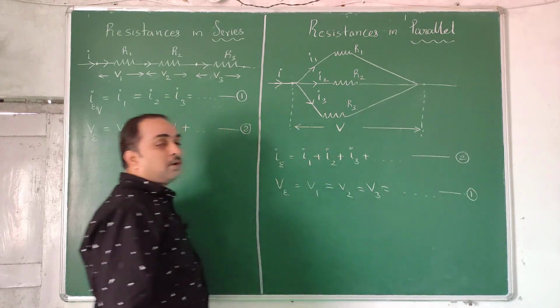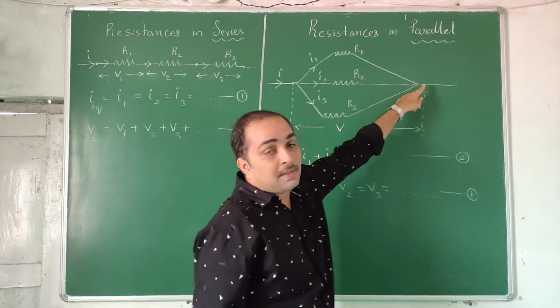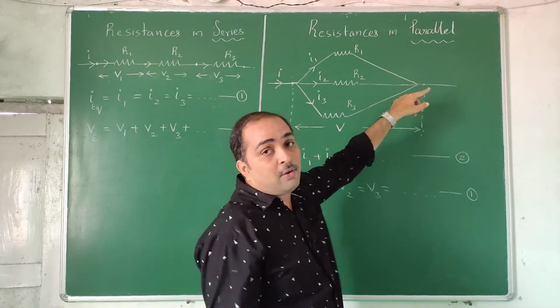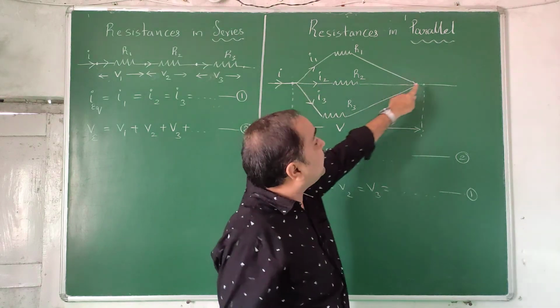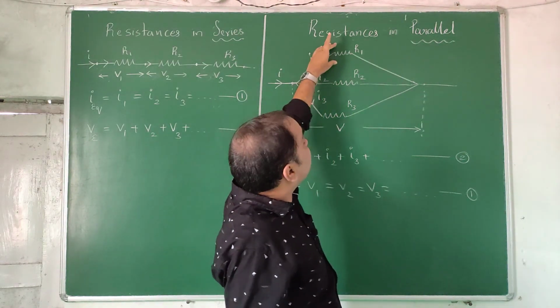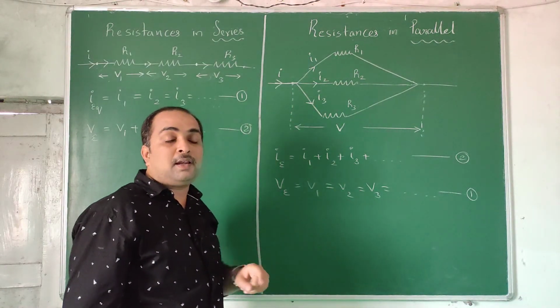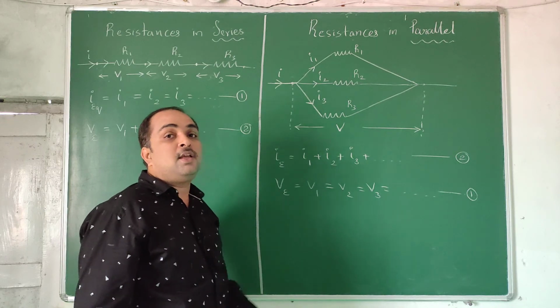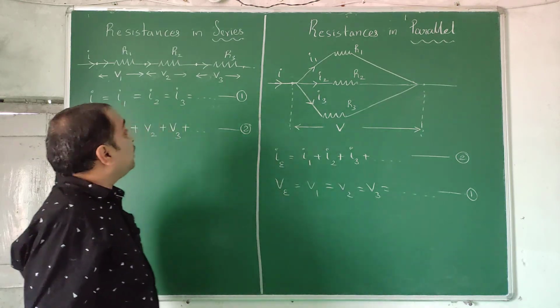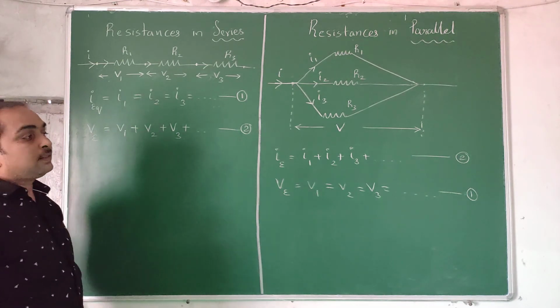So 1 becomes 2, a slight difference is there. Between these 2 points, the battery or the socket you have connected gives out the same energy, whatever may be the resistor. In that process, one consumes more current, another consumes less current, depending on the resistance. If you connect them all in series, the current passing through all of them will be the same. So we have written this and this.